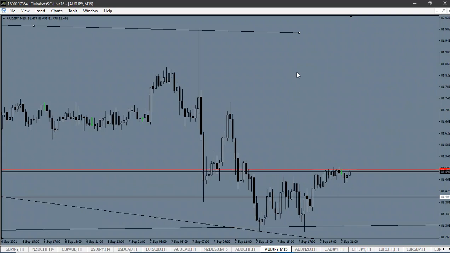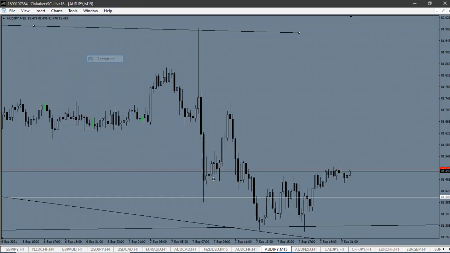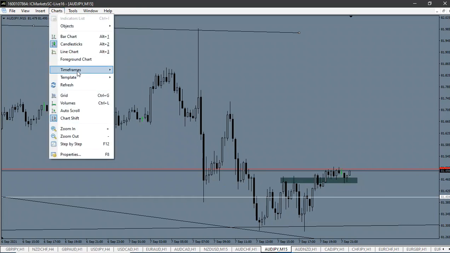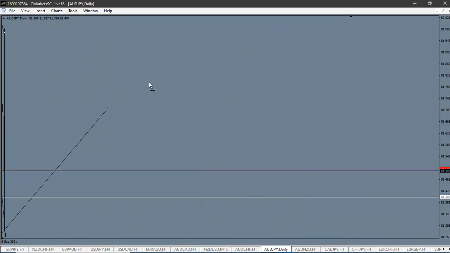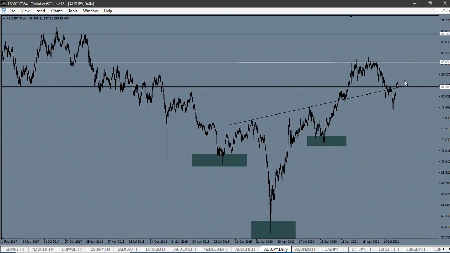Or if you want an extra confirmation, as you can see right here, a double bottom also on the 15-minute time frame, a retest. Price has already crossed and retested this neckline, so this is a perfect time to buy this trade right here, to take it to the upside right there. So we are done with our analysis,